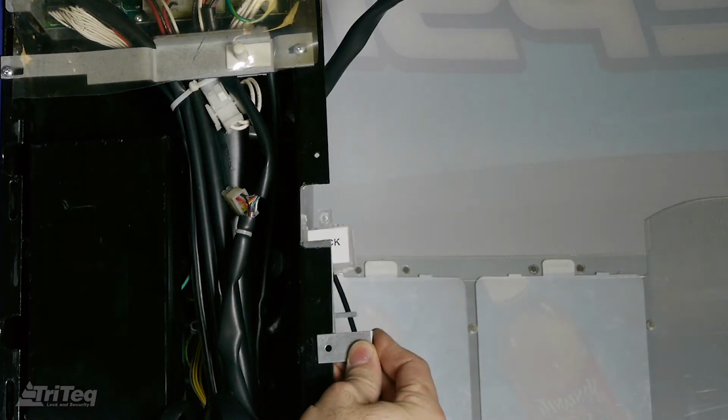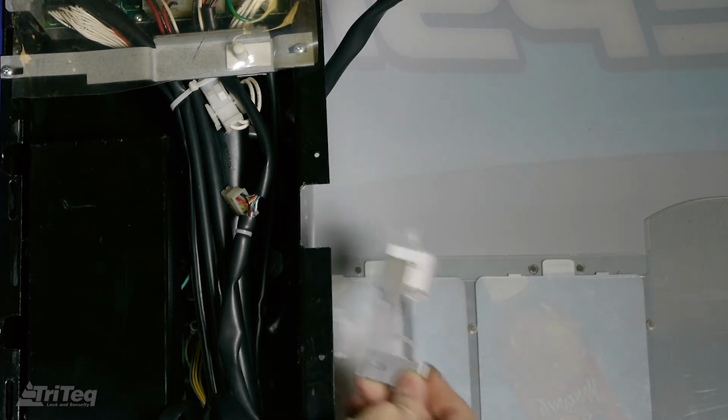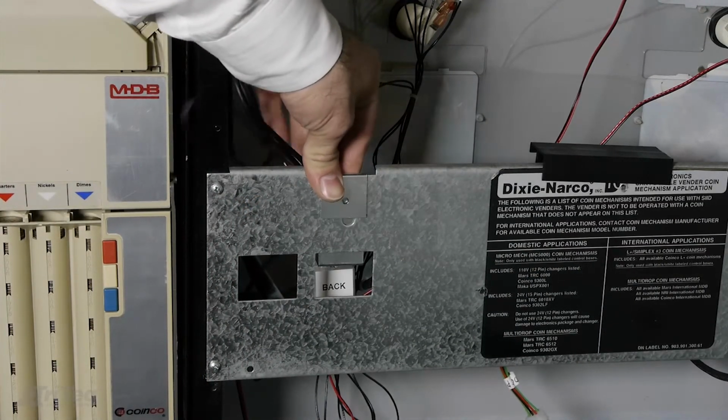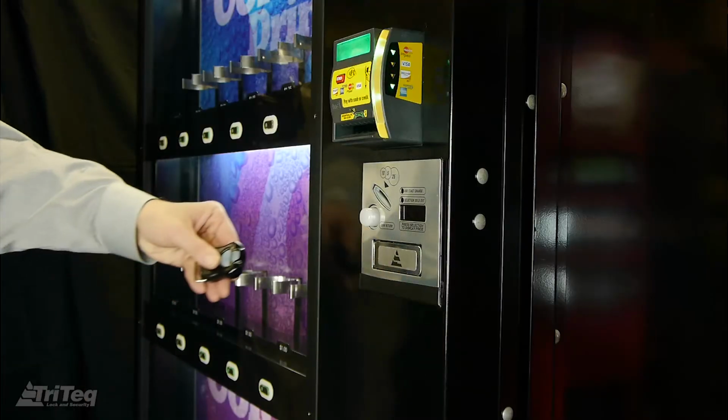In another example, the receiver is attached to the frame of the vendor at the corner of the sign face. You can also position it behind the sign face at a lower location. The receiver will face into the rear of the sign face so the key can be pointed into the sign